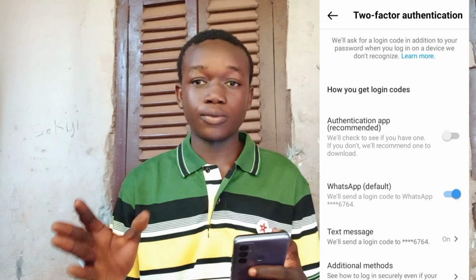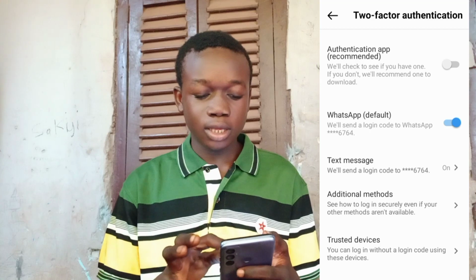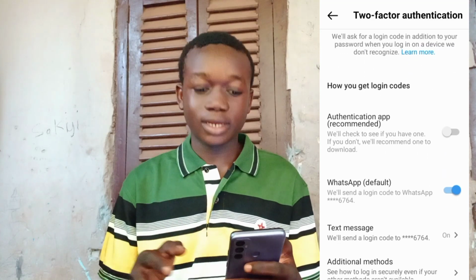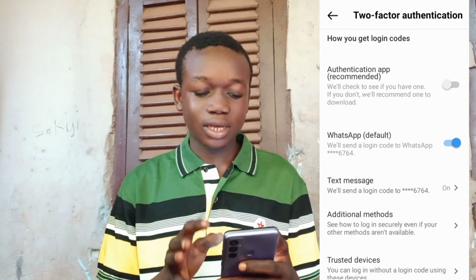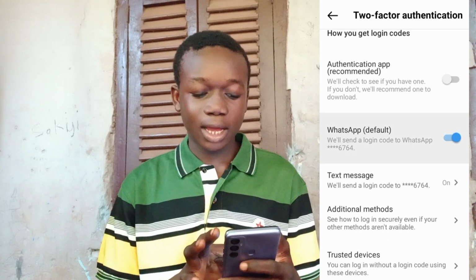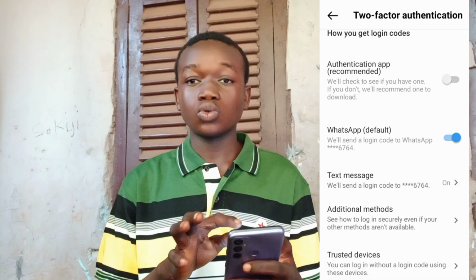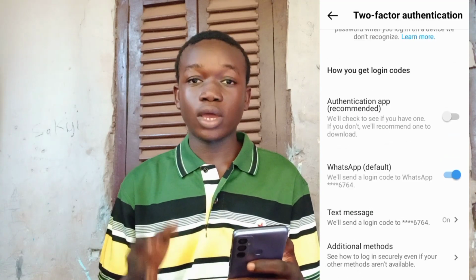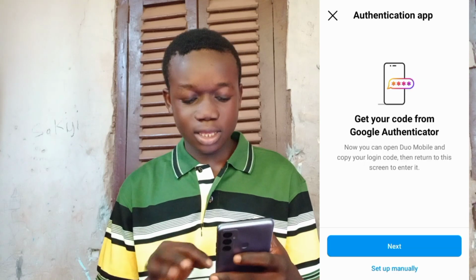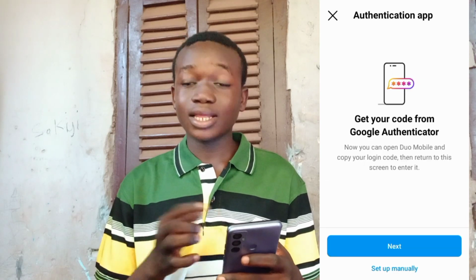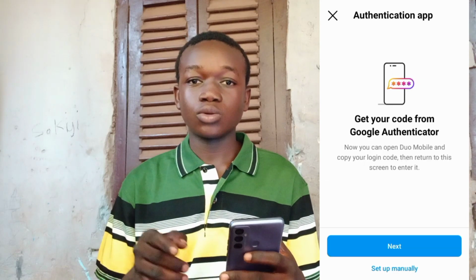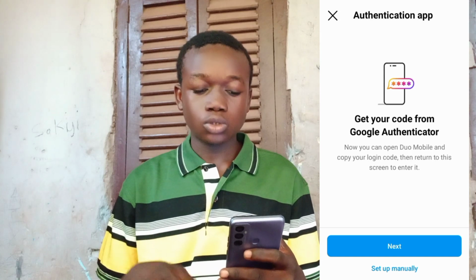So we say be open about say two-way authentication app to bracket recommended or na we WhatsApp na text message na additional method may use two-way authentication app and I will use no turn on. The worker say then when set up menu and I say next mobile next no so two next no so